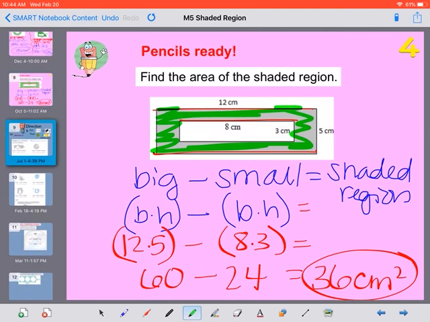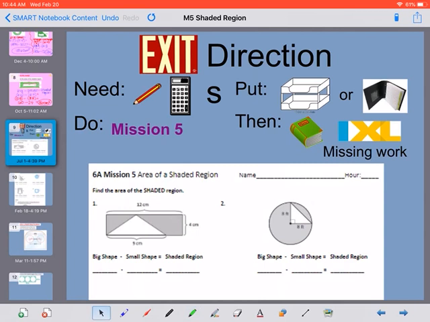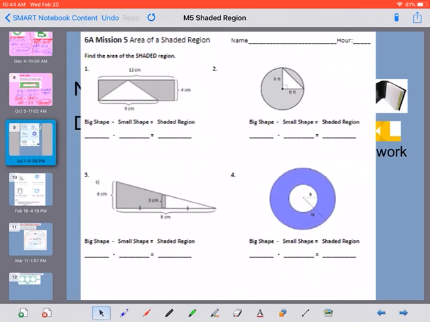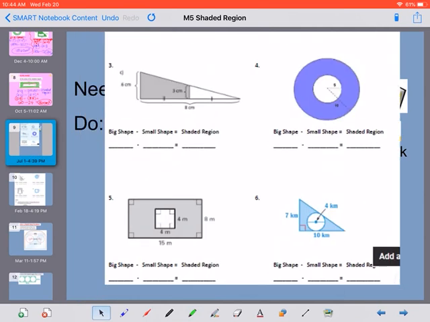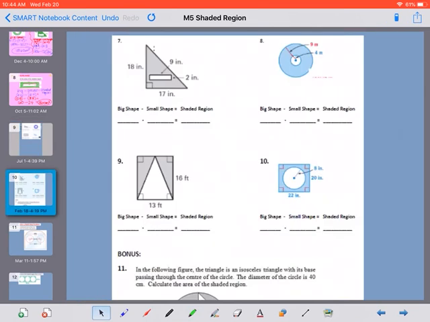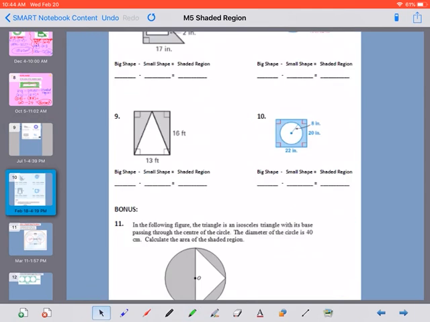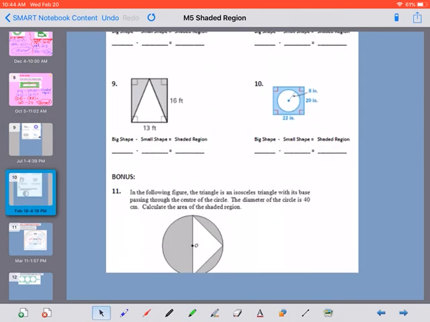All right, your homework. You have lots of different shapes, and they have the formula set up quite nicely on there. Big shape minus a small shape equals a shaded region. If you have any questions, please let me know. The back side is the same thing. Be careful on the bonus. My only hint to you is to label the parts of